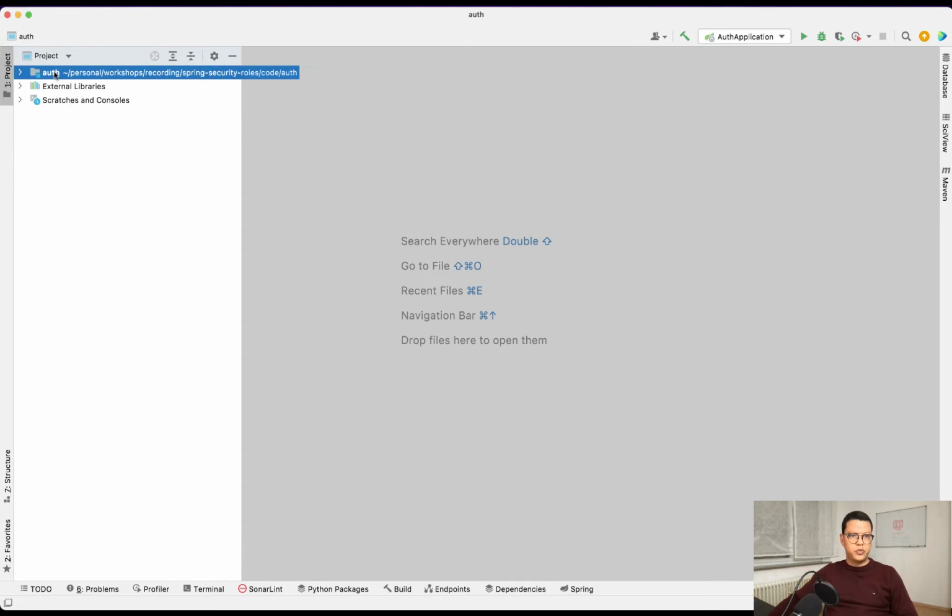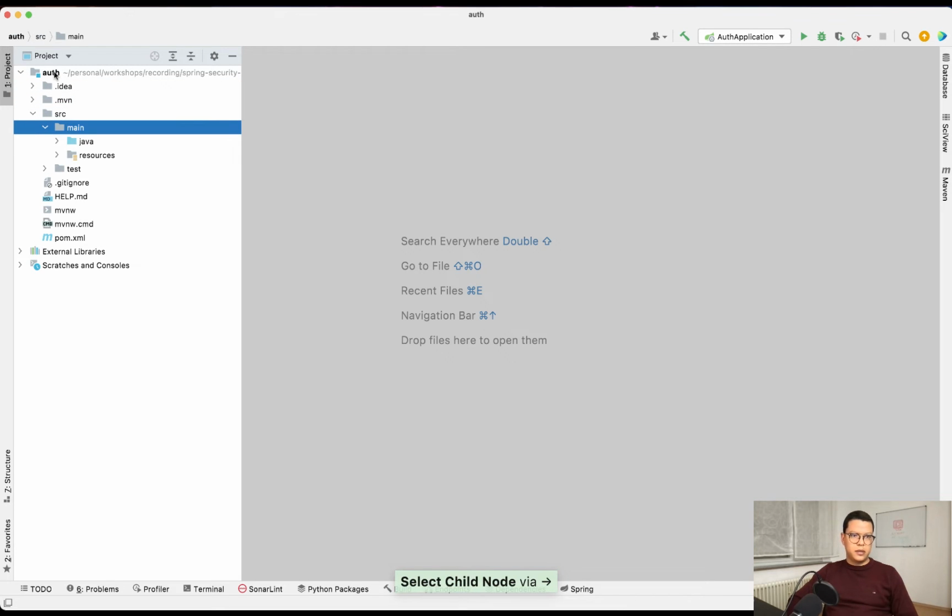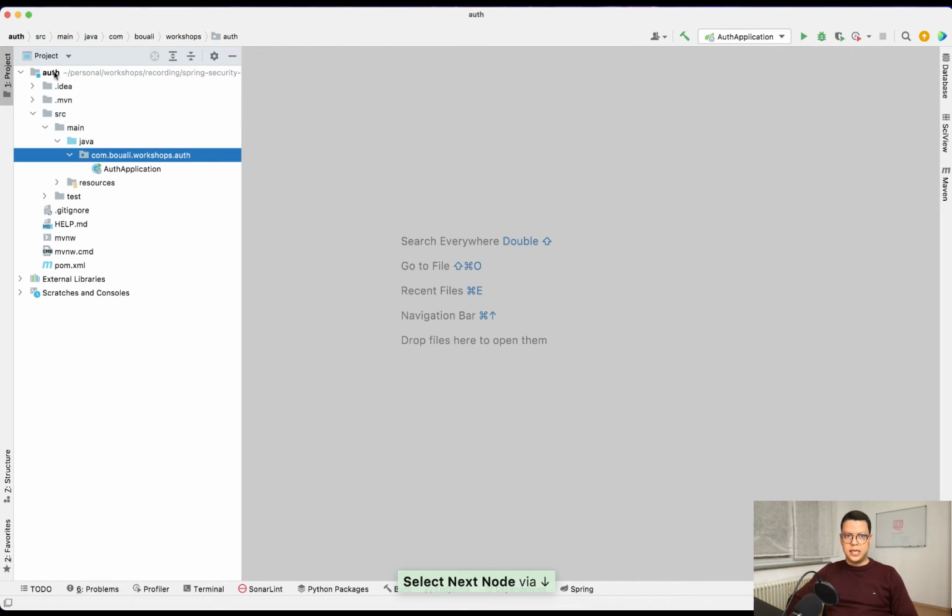So our project is ready now. First thing, let me explain a few things, what we will be doing exactly in this workshop. As mentioned before, we will configure Spring Security to work with an in-memory database user or users. So when we activate Spring Security and we want to perform a login operation, we will have a login form provided by Spring. It's the default form, and also we will be fetching these users from